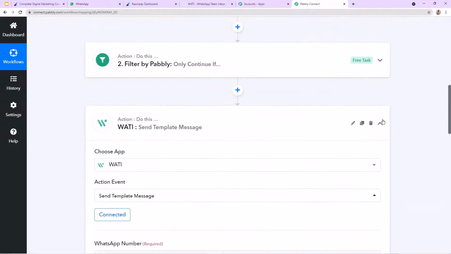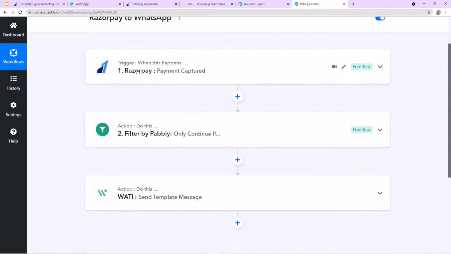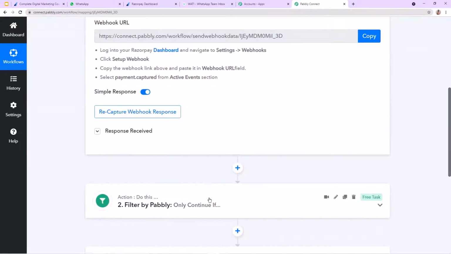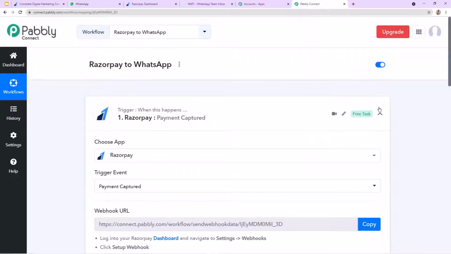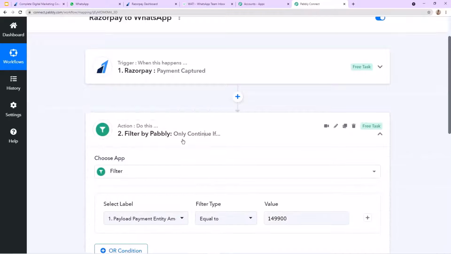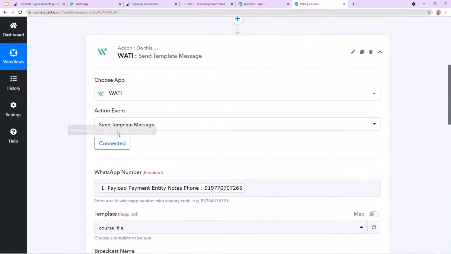So let's first understand the process in a nutshell. Okay, so here first we integrated Razorpay with Pabbly Connect with the help of webhook URL, and then we saw that data which we were entering into Razorpay was captured into Pabbly Connect. Isn't it wonderful? And then we entered a filter. Why? Because we only wanted to continue the process if the customer is paying 1499 rupees, which we set for our course file. Okay. And then in the last step, we used WATI to send messages from WhatsApp, and then